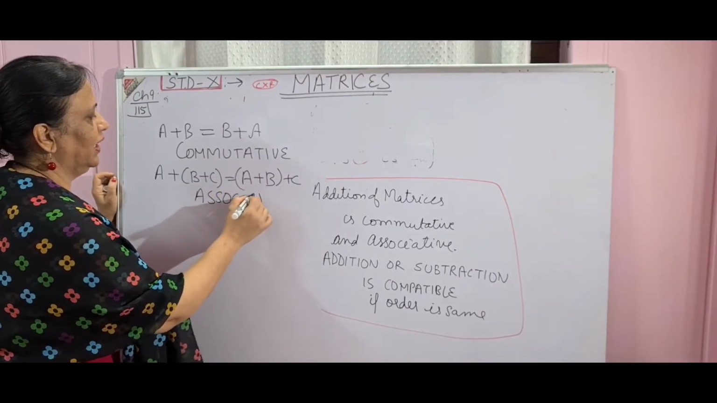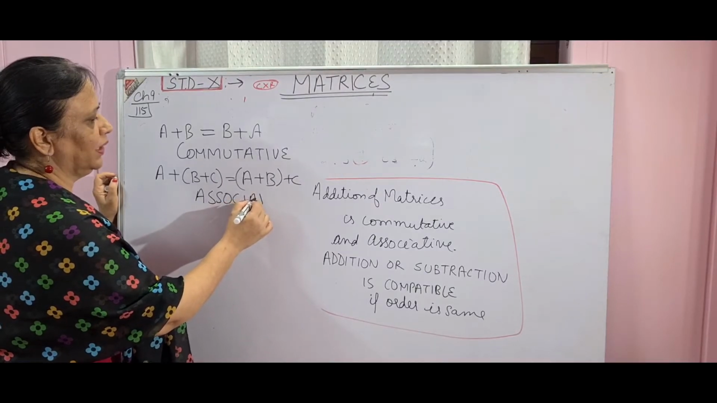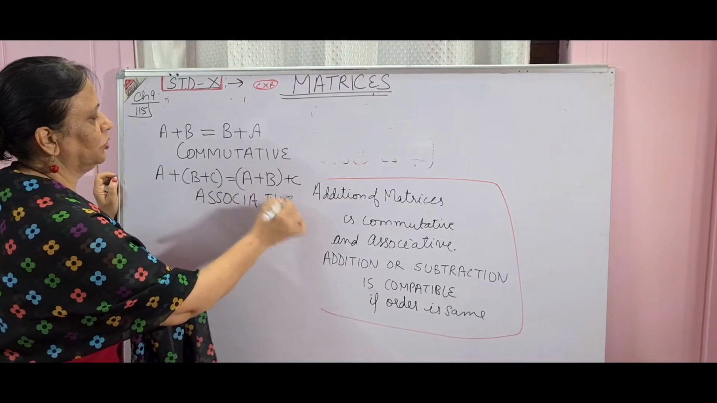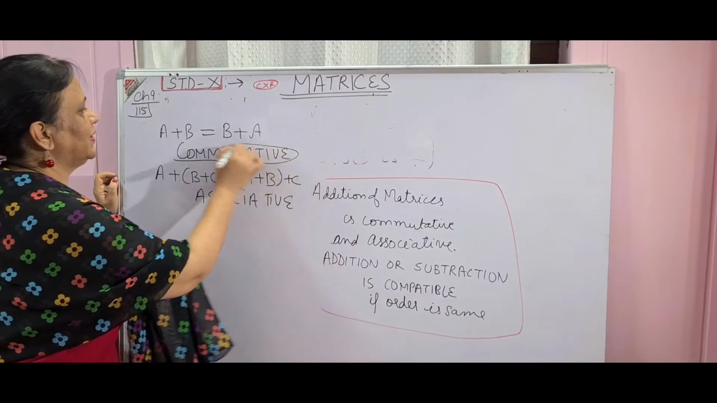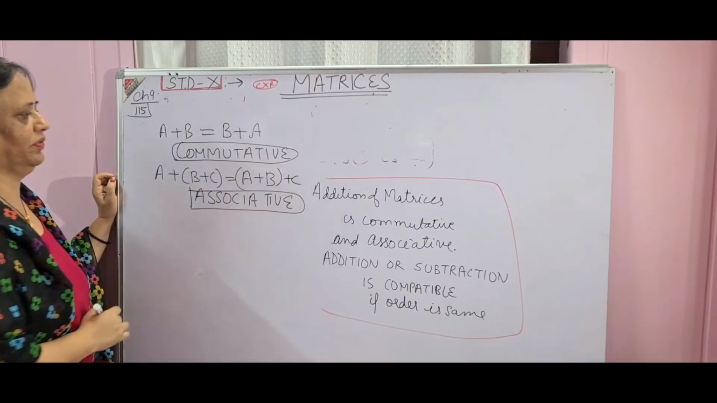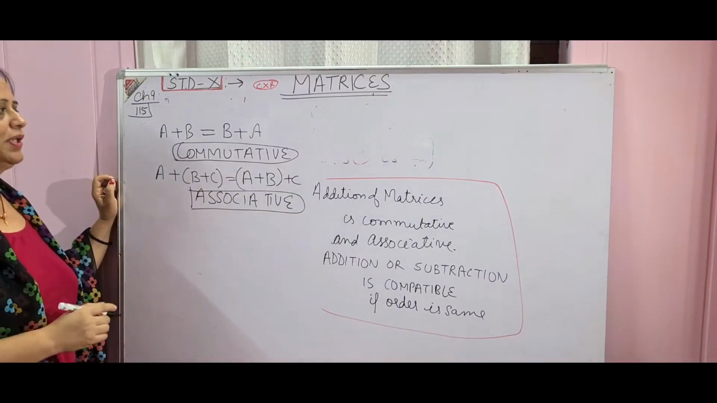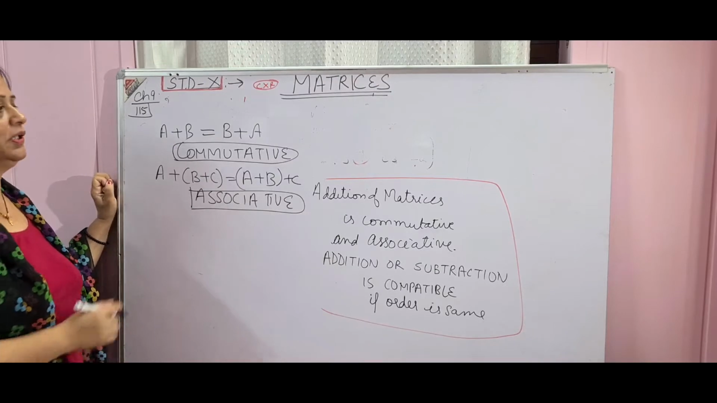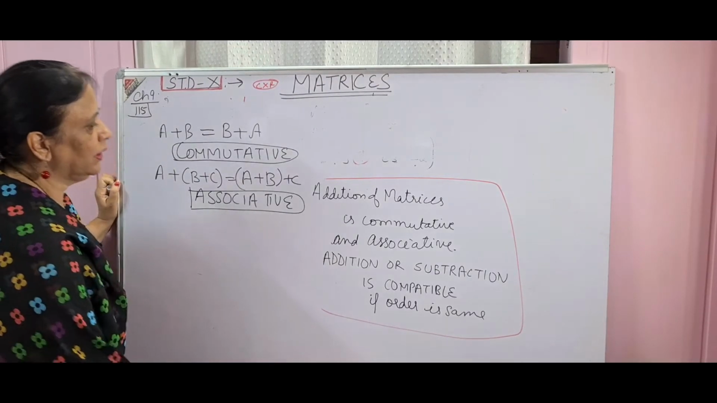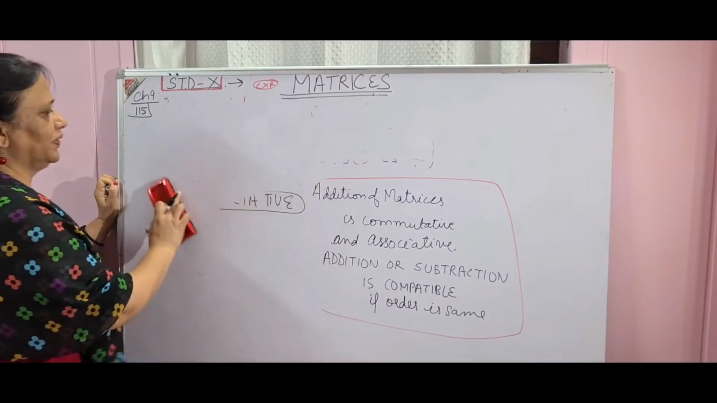Associative. So remember, matrix addition is commutative as well as associative. Be very careful about it, because sometimes they ask you for a conclusion. So this is the conclusion which you have to write. Then, coming to the next part of the